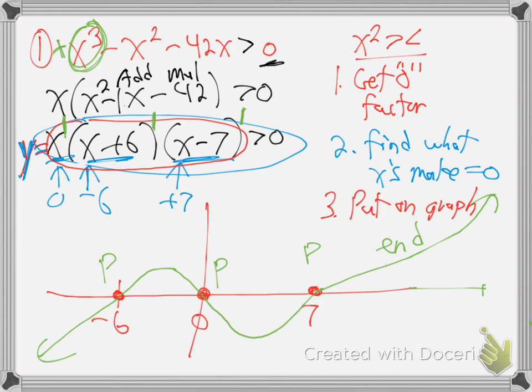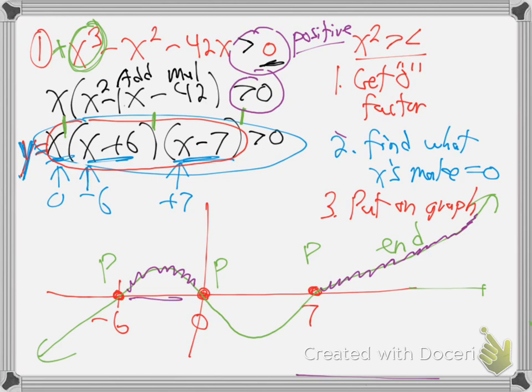They asked, where is this function greater than 0? Greater than 0. What's that mean? Positive. Greater than 0 is positive. Where's the function positive? Right here. It's greater than 0, and right here. Forever to the right. It's greater than 0. It's positive. So that means in this section of the number line and in this section. So that means the answer to this overall question then